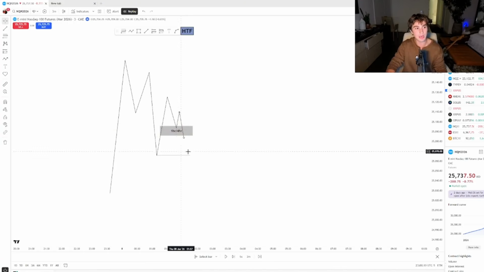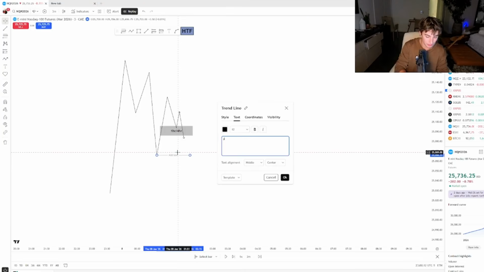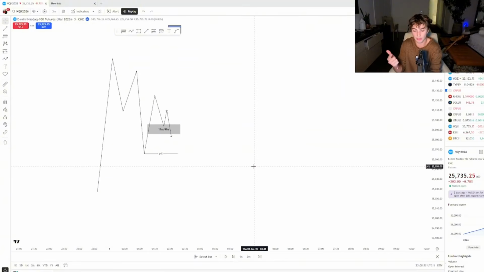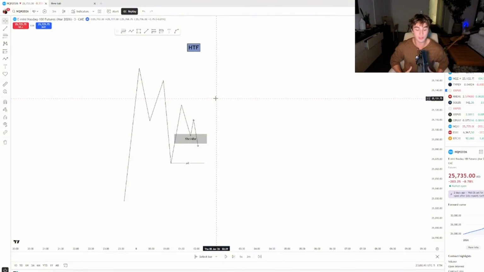Now that we've inversed this hourly gap, we have, I don't know, call it previous day low here, for those who like to use previous session highs and lows. I used to pay attention to London highs, Asia high, all this stuff. If price swept it, that was like, oh my God, now I'm going to short because London high got taken. I don't think like that anymore. I literally don't. And a lot of you are going to disagree with many of the ways that I think throughout this series. I'm going to show you exactly how I think, and it's my own subjective perspective.